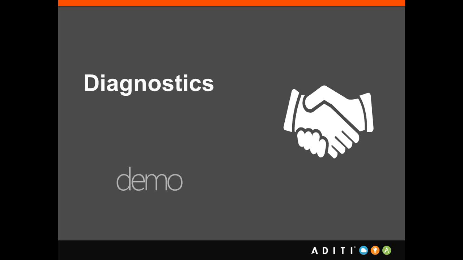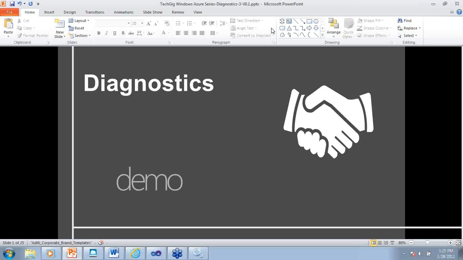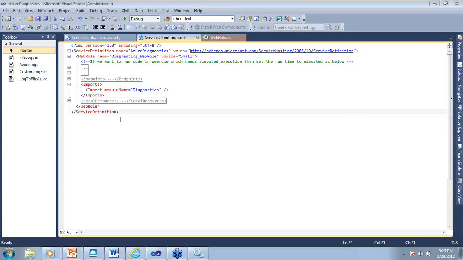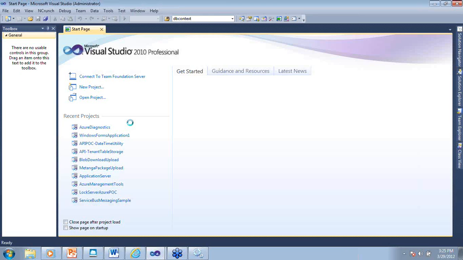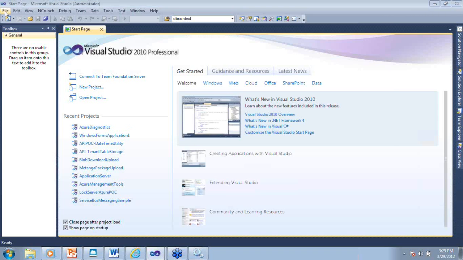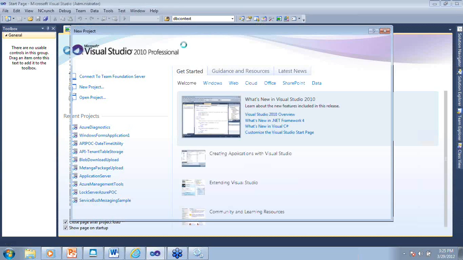I already have an application, but just to set the context right, I'm going to create a new cloud project. So I start my Visual Studio in administrator mode. I have Windows Azure SDK 1.6 installed on my machine, and I'm going to create a new cloud project. So I say file, new. This is just for the benefit of people who have never created any cloud project. You can just say file, new project, and here you have to select cloud, and here you say